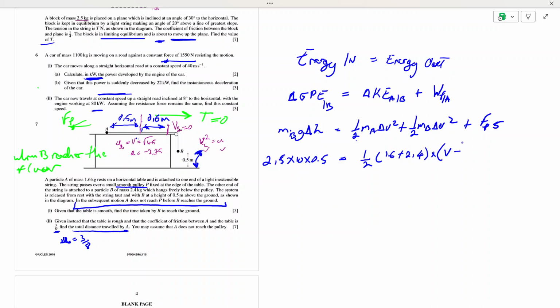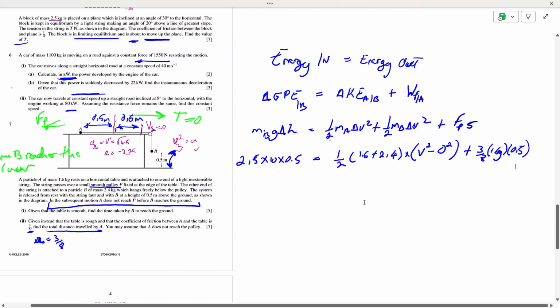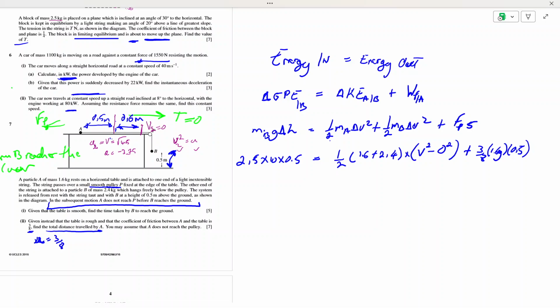right? I want to calculate the final velocity. V squared final, 0 squared, plus the frictional force, which is 3/8, 1.6 g, multiplied by the distance traveled by A. This is the distance traveled by A as soon as B reaches the ground, right? So then I can take this to the other side, and then I'm going to have,